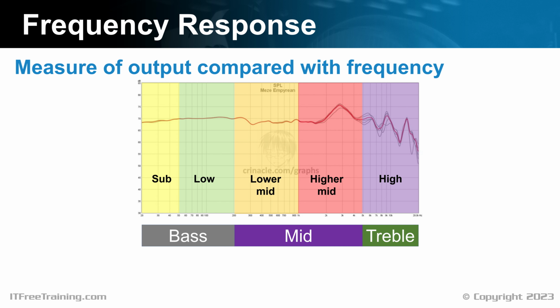it. If a graphic like this is available, this helps, as it'll give you an idea of what kind of output you can expect. For example, a headphone may say it has a frequency response in the treble range, but the amount it can output is so low, you'll barely be able to hear it.